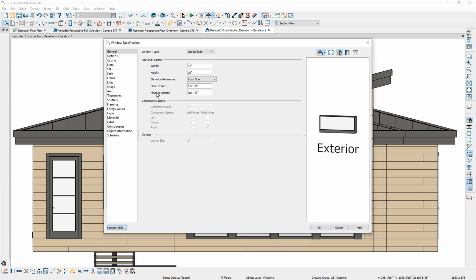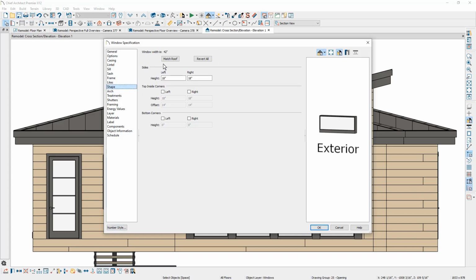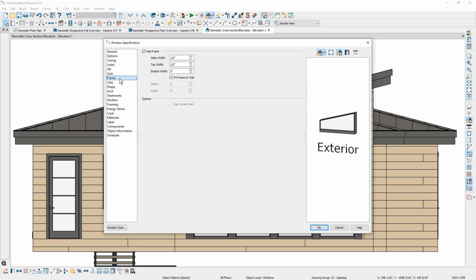I'm going to come over to the shape panel, and I'm going to use this setting, match roof. You'll notice the shape updates over in the preview panel. You can always rotate around and see the difference if you have different casing on those. And I'm going to also make the adjustment on the frame. The bottom of the frame, let's go ahead and set that to be 1/2 inch so it matches the rest